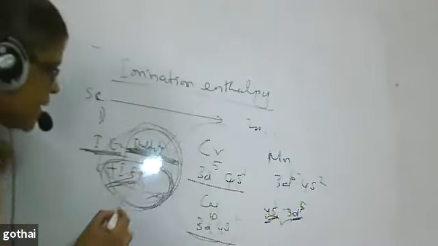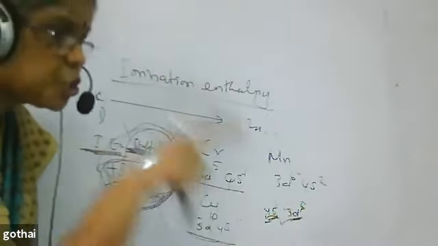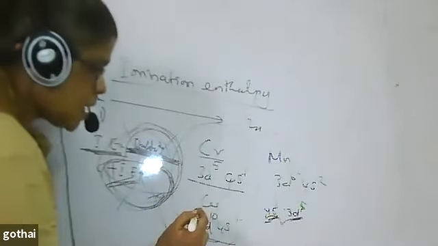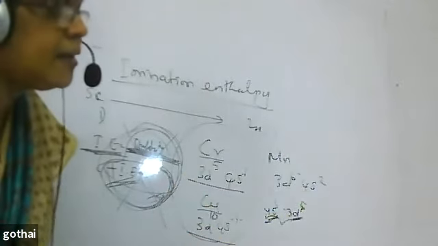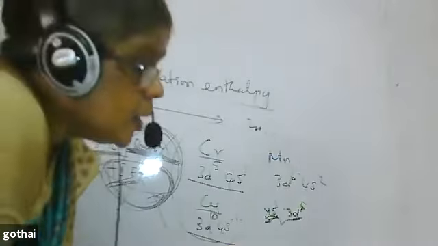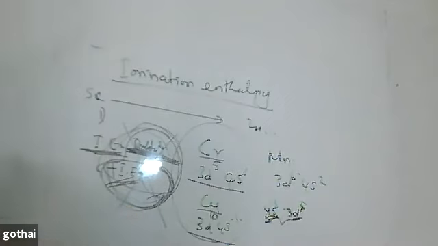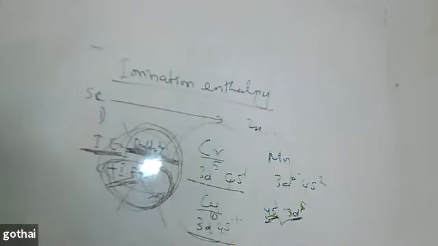So instead of explaining this, I will tell you that the irregularity of ionization enthalpy of the 3d series is due to extra stability that arises in chromium and copper due to 3d5 4s1 and 3d10 4s1. The ionization enthalpy of the 3d series is not regular due to the extra stability that arises in chromium and copper, and write down the electronic configuration. Are you clear? If you are not clear, I am ready to do it again, but understand the concept.